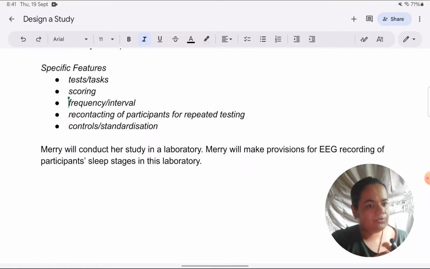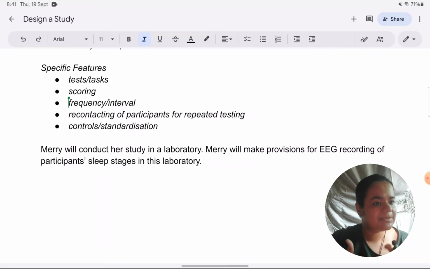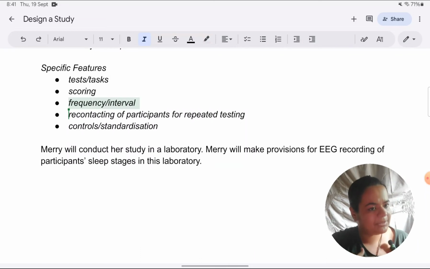When you're writing, you might find it a little awkward to write about a lot of things without referring to the participants at all. So after some time you'll be tempted to write how many participants there are, males, females, some comment about the participants. Just refrain from doing that because you're asked not to cover sampling and ethics in your answer. Again, practice will help you to do that.